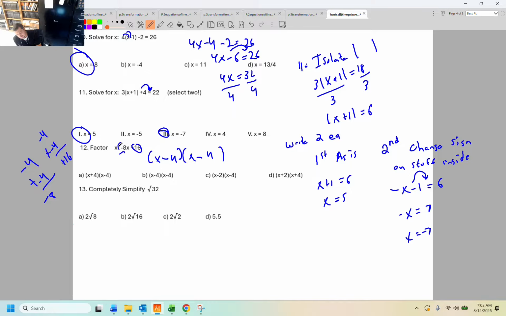Notice how I have these pieces? There you go. She's x minus 4 times x minus 4. She's choice B. She is what we call a perfect square. And 13,